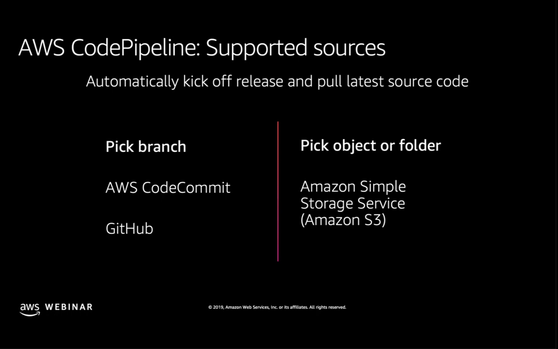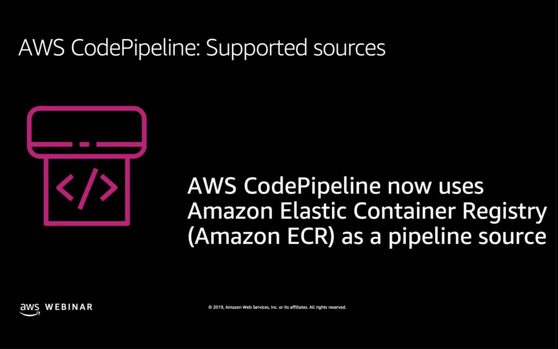So if you've got something like GitLab or just a Git repo running on an instance, you can basically configure a hook on those Git repos to trigger taking the commit and putting it in S3 and having that trigger the pipeline. Another great thing, especially for containers, is that you can now use the Elastic Container Registry, or Amazon ECR,